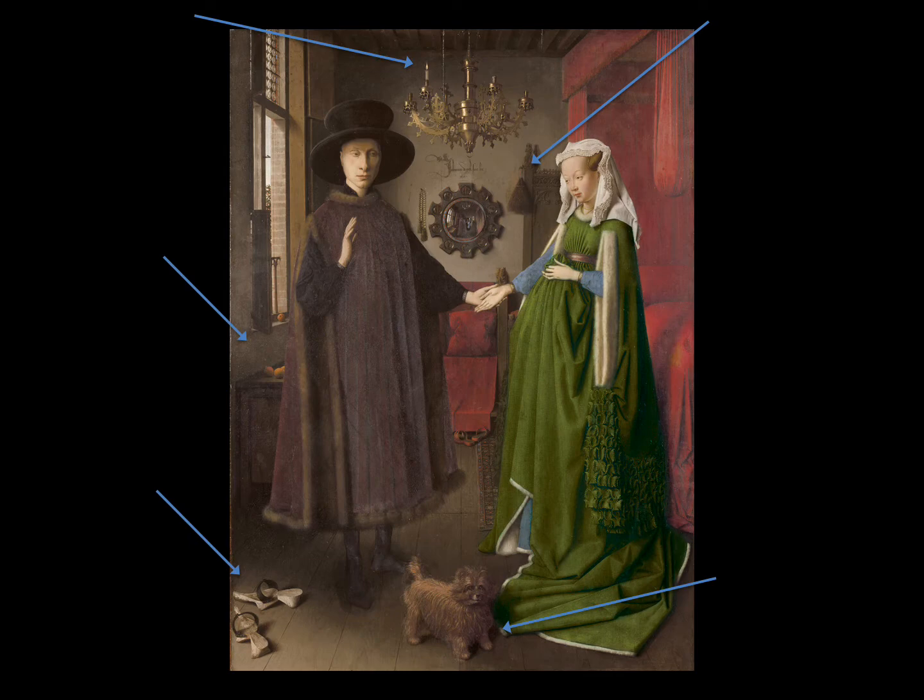Here's the detail of the painting that I promised you. You can see the dog in the front. His name is Fido. He stands for fidelity. It's where the term Fido came from. You can see the shoes in the lower left-hand corner. Those shoes symbolize that the man goes out into the world and makes his own way. I have a close-up of those shoes. I think you'll be quite impressed.